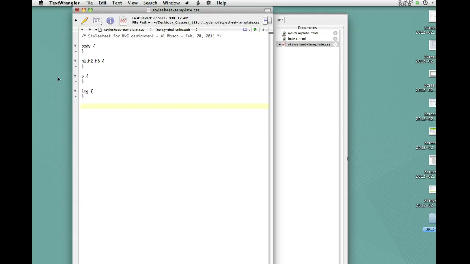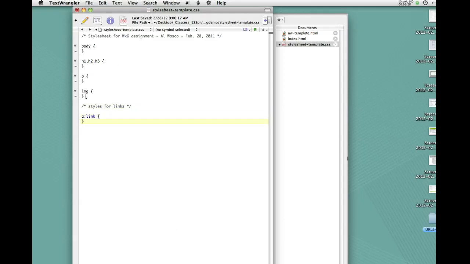We could put in UL, OL, and so on, but for now let's just leave that as it is. I know that in general, most of the time I'm going to want to do styles for links. I want to change the color and possibly the text decoration and things like that, so we're going to have, if you remember the sequence, a link,